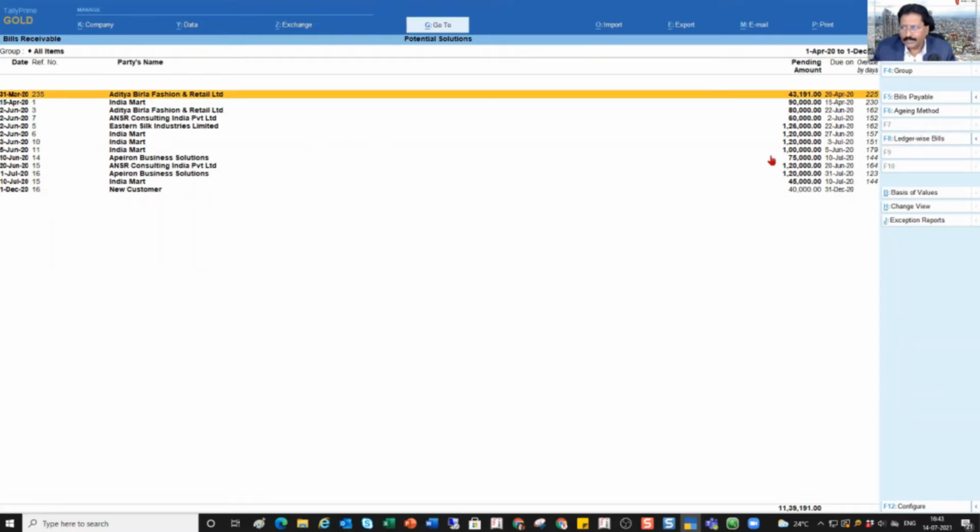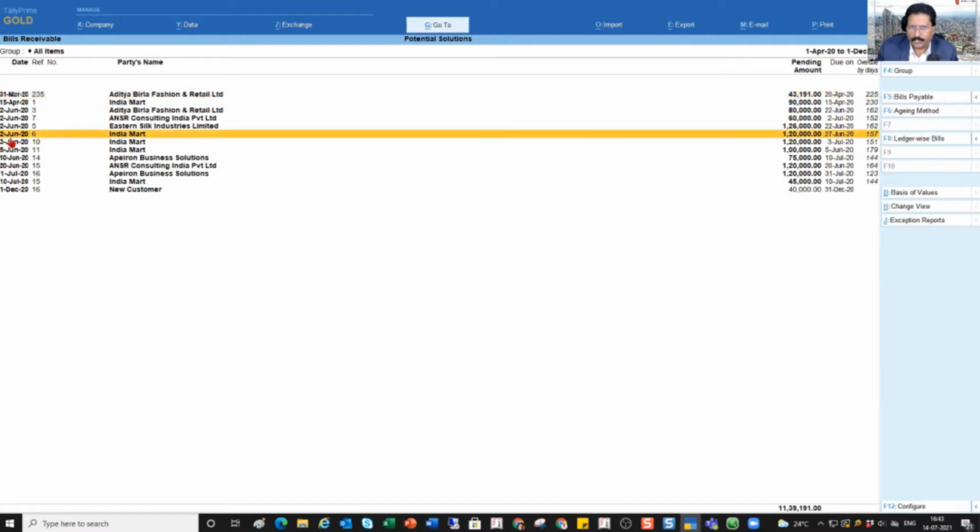Now, if you notice here, the amount which is pending amount, all this amount are in bold. So what do we understand by this? Yes, I think obviously you would have understood why it is in bold. Very simple. So this is your date of your invoice. Based on the credit period due date that you have entered, Tally is telling you on what date these invoices are due. And if you see, the current date is 1st of December. So if you take, let's take this particular invoice.